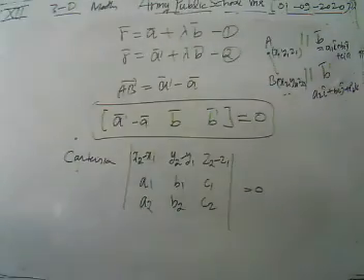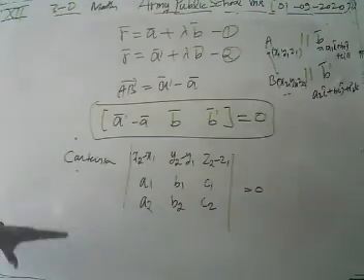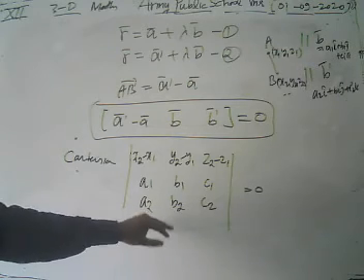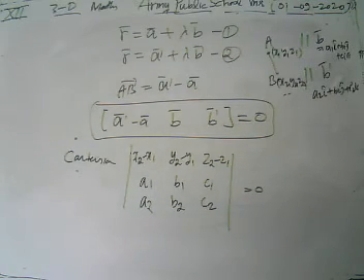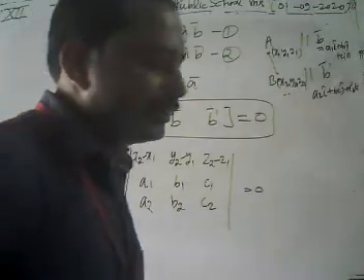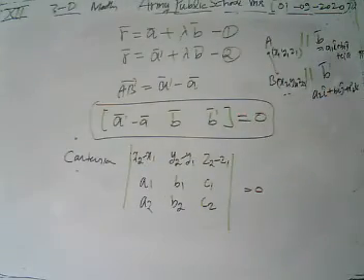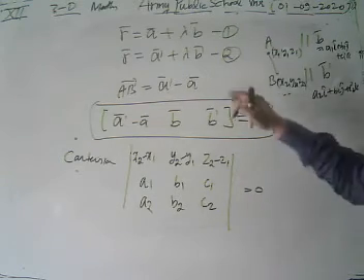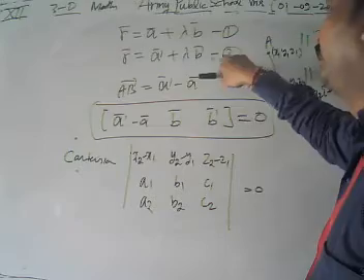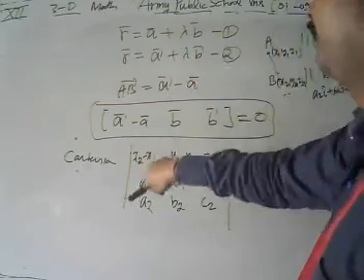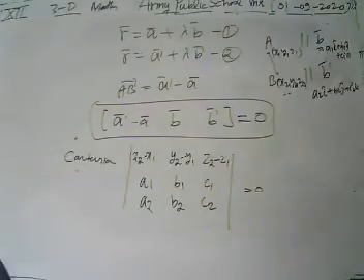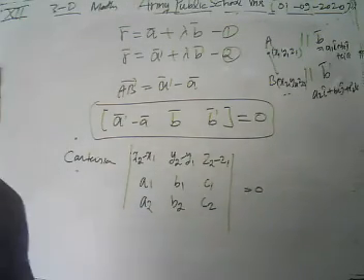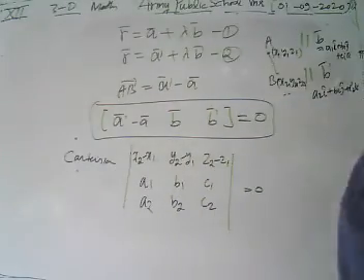Look, this is our condition for coplanarity of the given two lines. If our two lines are coplanar, then this is our condition. Lines 1 and 2 are coplanar. In vector form this is our condition, and in Cartesian form this is our condition for coplanarity of the given two lines.